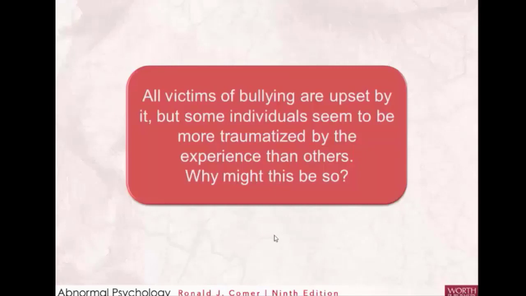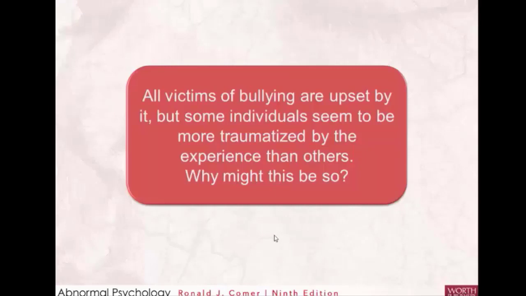But if a person has additional risk factors, if a person is growing up in a conflict-ridden home with a lot of stress and not a lot of consistency, and if this person feels isolated from pretty much all of their peers, then that individual would probably have a stronger reaction because they have fewer protective factors to kind of